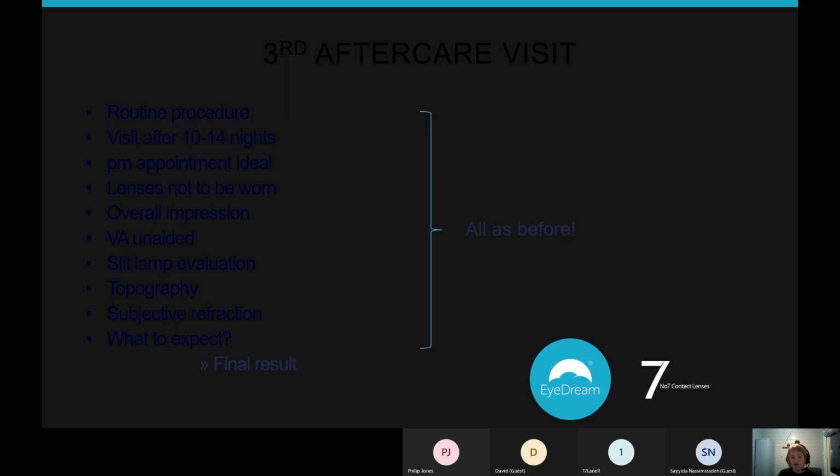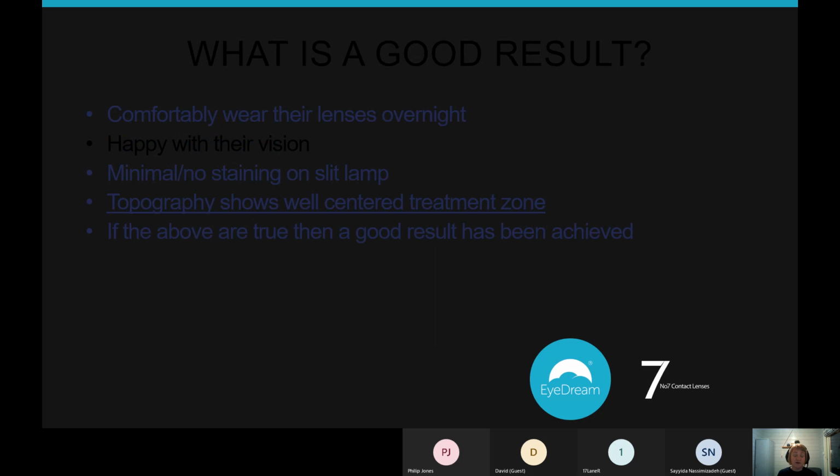And at this point, you've got the final result that you're going to get with that pair of lenses. So a good result is the patient's comfortably wearing their lenses overnight, they're happy with their vision, and they get minimal or no staining on slit lamp. If all of that is true, then in some ways you don't need to worry about what the topography is doing. You can actually kind of make an assumption that it is a well-centered treatment zone because you've got the